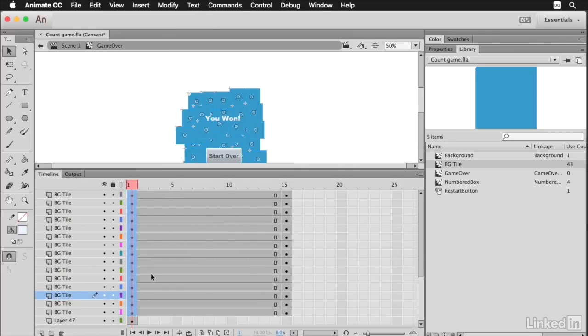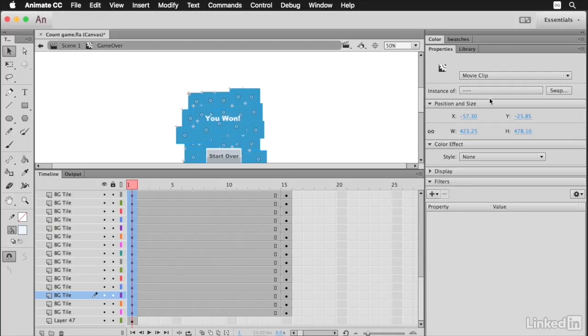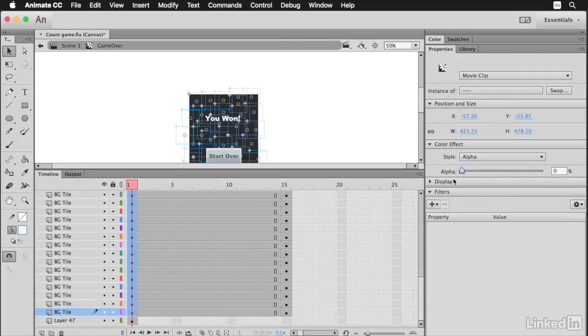We want to set all the boxes in frame 1 to have 0 opacity. To achieve that, we open the property panel. Now the property panel should be showing frame information. We click once on the selected boxes on the stage, and the property panel changes to the selected movie clip. In the Other Effects section, there is a Style option. We select Alpha and then set the value to 0. Now we have many boxes that have the starting keyframe with opacity 0 and the last keyframe with the opacity